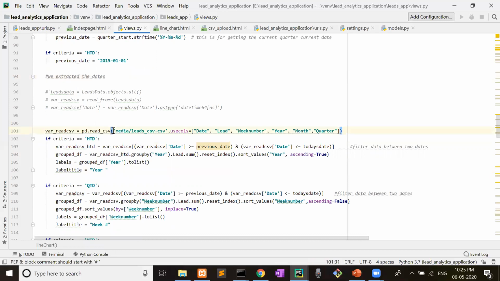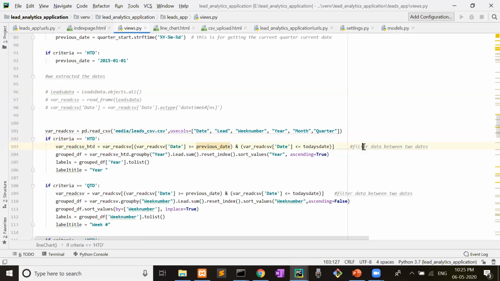Now we will read the CSV. This is the procedure for reading from a data table. I will show you how it is possible to read the data from the table. This is the process. We will discuss it later. If criteria is STD, now see here, criteria STD means history to date.